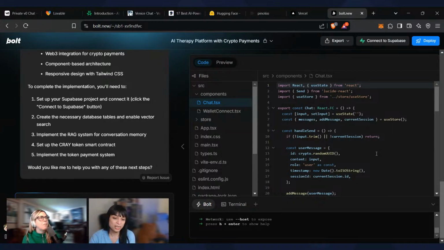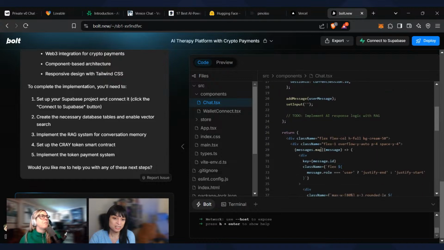So if you scroll down, it says send message. Right there, it says implement AI response logic with RAG, which is cool, because that's not too hard to do if you just use Vercel's AI, which I was mentioning earlier, where they have this flow where you can communicate with things. You can also use that API or some other APIs to send some information off into a database, and then also retrieve that data from, I think it was Supabase. Yeah, Supabase.